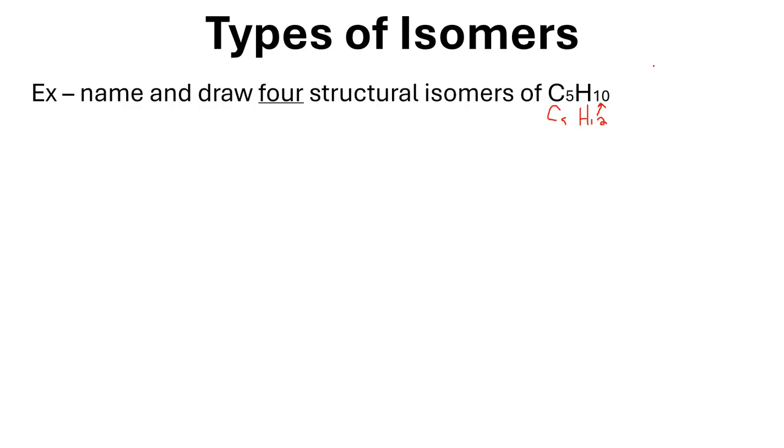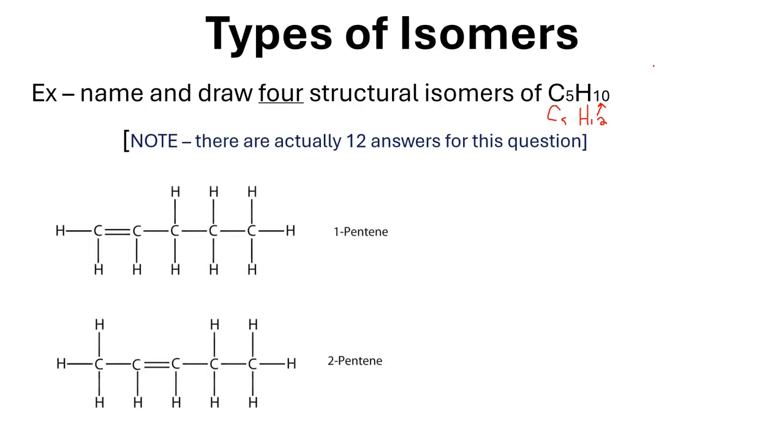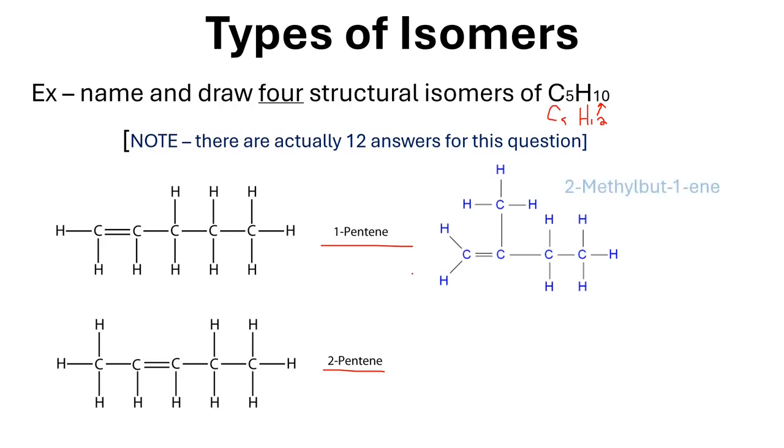So let's take a look at some of our answers here, and there are quite a few answers. In fact, there's 12 different answers for this question, and I think I've got 4 here on my slide. So the first ones would be a structural isomer, a pentene. We've got our first answer here is a 1-pentene, and we got our second answer here is a 2-pentene. Now what you can also do is you can also have some substituent groups come off these things. So here we have a